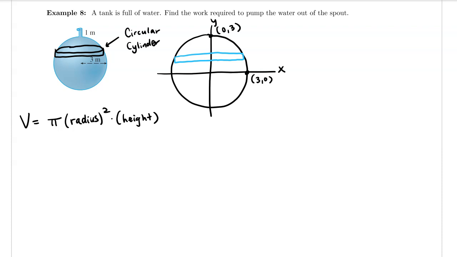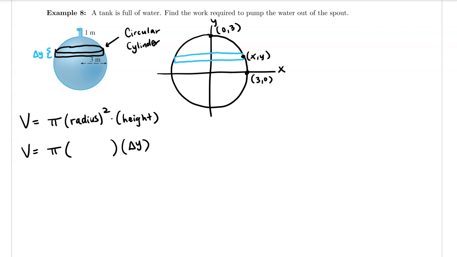And the height in this case is delta y. So we have volume equals pi times the radius, which I don't know what that is yet. And then the height I will put as delta y. So in this picture here, I'm going to call this point x comma y, and I want to find the